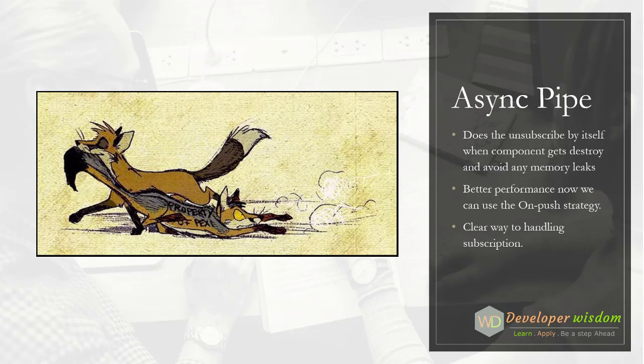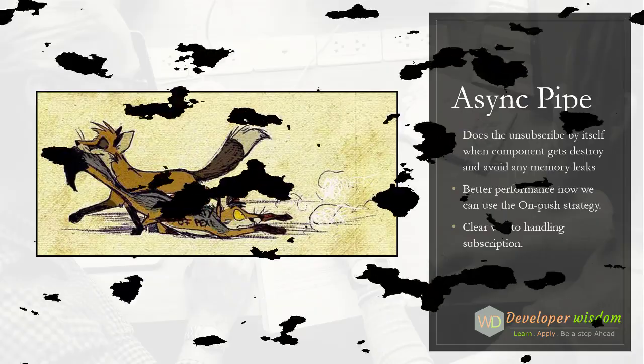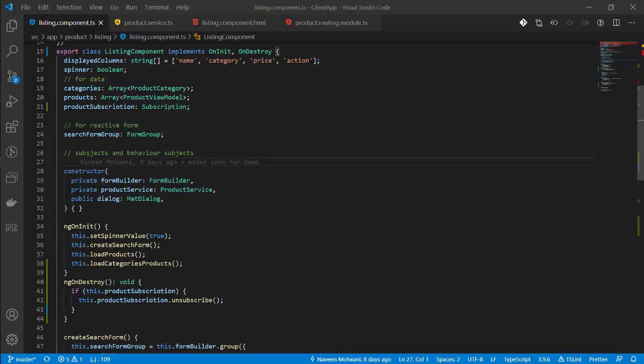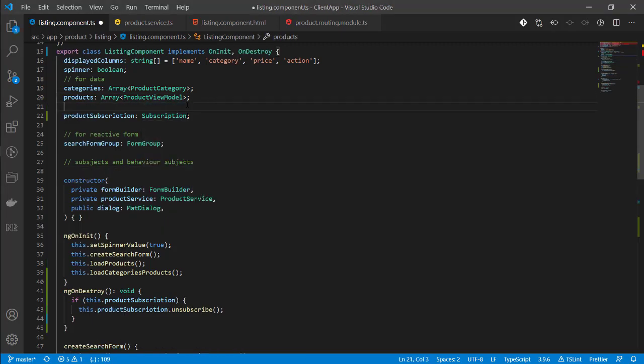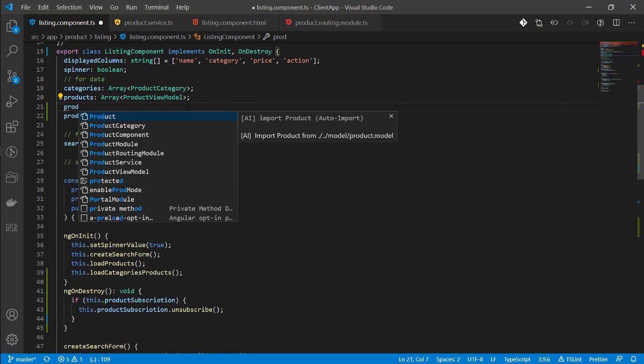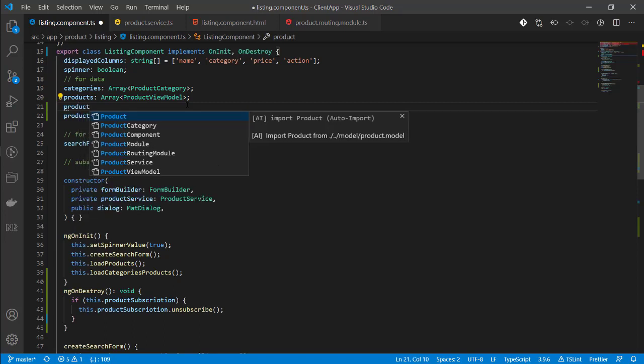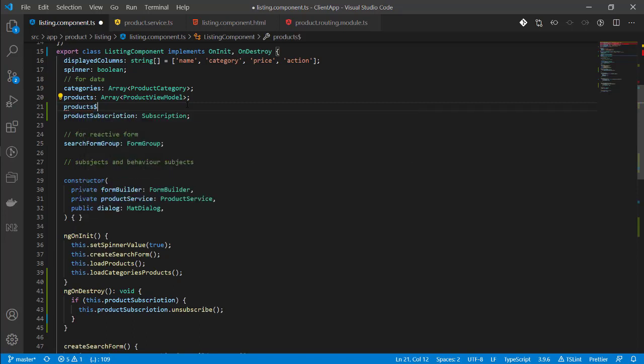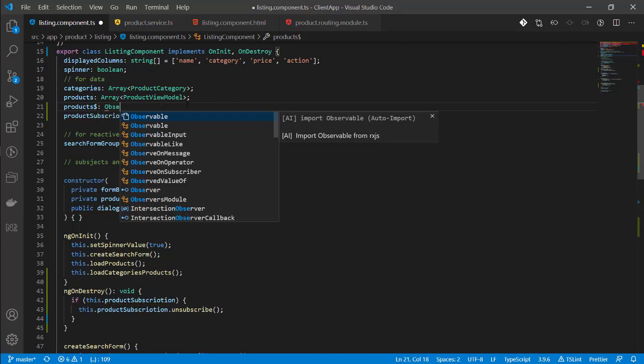So let's have a look at how you can actually use the async pipe. To use the async pipe, we have to be more declarative. So to be declarative, first I will create a variable which will hold my observable. In my last videos I explained that the way I like to declare an observable is using the dollar sign after the variable name so that I can distinguish it.